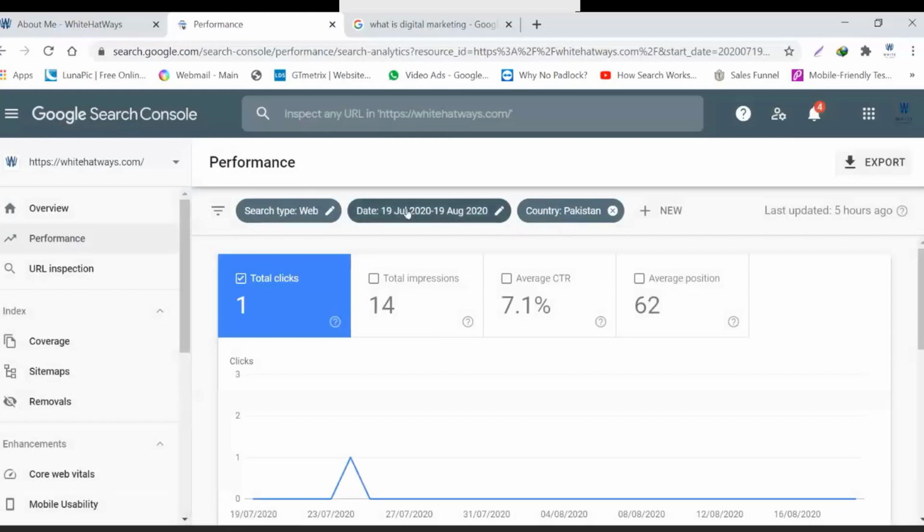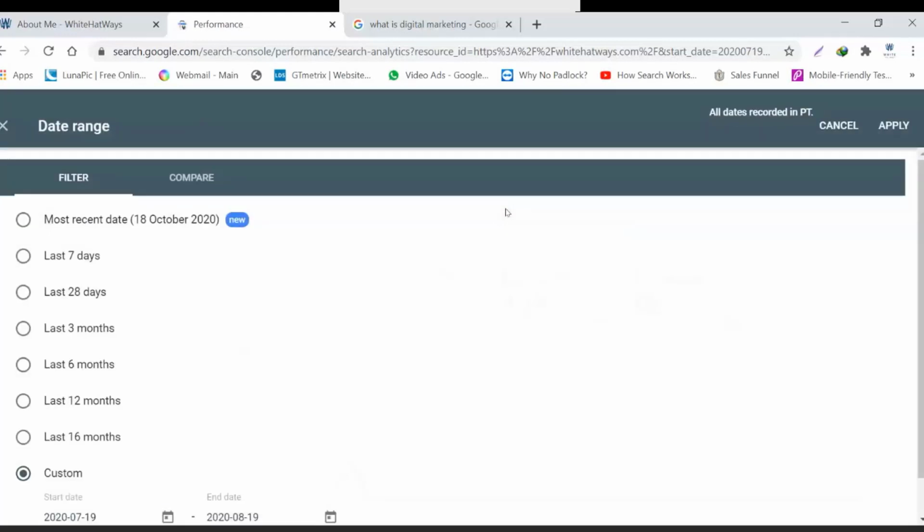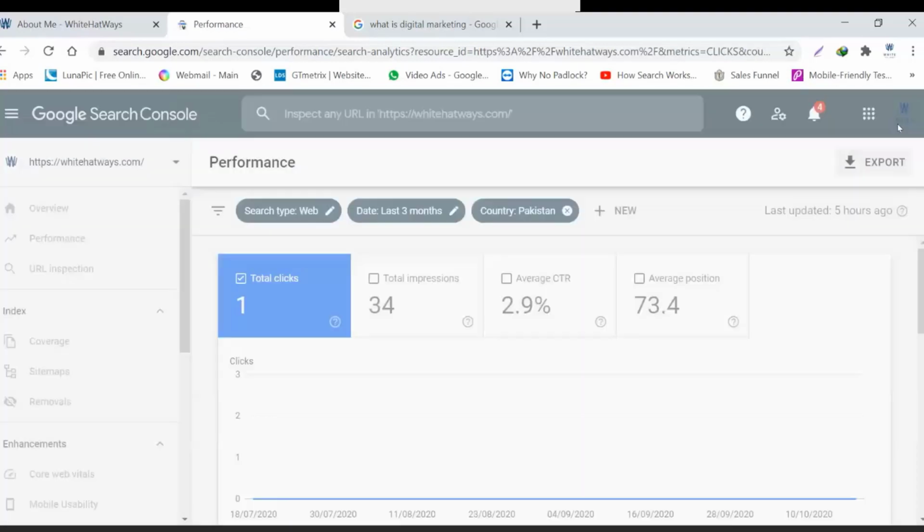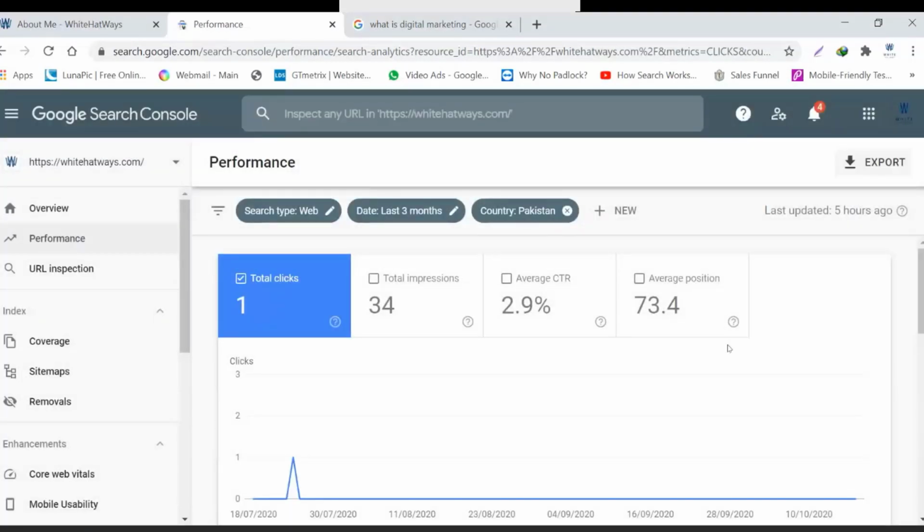Maybe I'll just make it for last 3 months and click on apply. So from Pakistan, I just got one click, and that was on this particular day, which is 24th of July, and it was a Friday, and I got one click from Pakistan out of the 34 impressions that I got in Pakistan over these last 3 months.